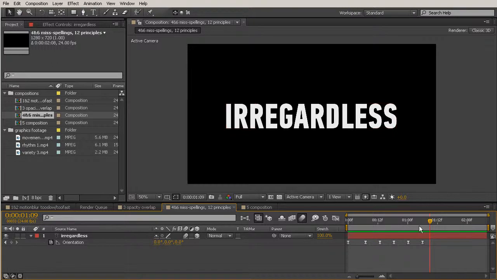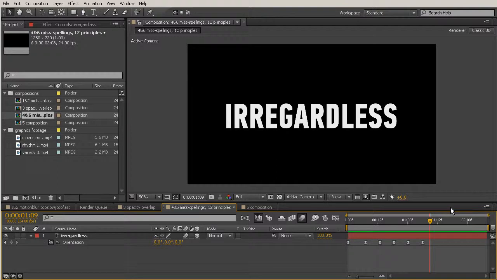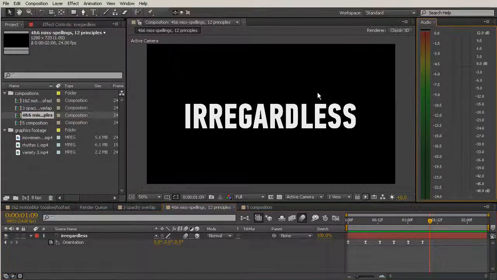Now, there's one last thing that we can talk about here. I don't have any audio in this project, but you always want to make sure that you're checking your audio levels as you're kind of going through here, that nothing's topping out in the end. So if you come up here to Windows, you can always turn on that audio panel, and you just want to make sure that you're hovering right in this area here before it gets to the yellow. So when your audio levels pop up, you kind of just stay at a consistent rate. So I always like to check that out at the end if I have audio in my project. Now, not always will I edit my audio in After Effects, but if I do,